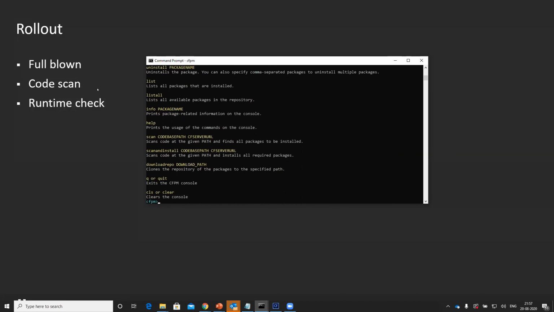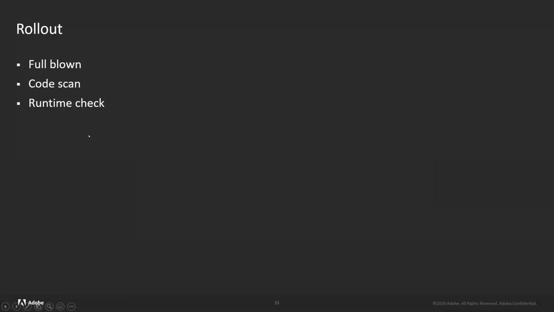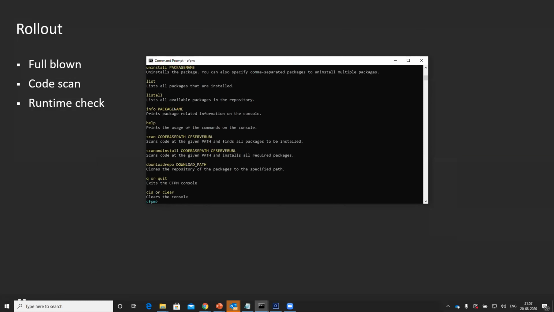Now there is this code scan. Now this is really interesting. Now, in my CI/CD, so continuous integration, continuous deployment, I would be making changes regularly to the code. Now, how do I figure out what modules I need? So as a ColdFusion developer, how can you figure out the various modules that you need? For that, we have a code scanning utility that's again available in CFPM, the package manager itself. So if you notice here, I have something called a scan, which takes a code-base path and a server URL. So if you just give that,